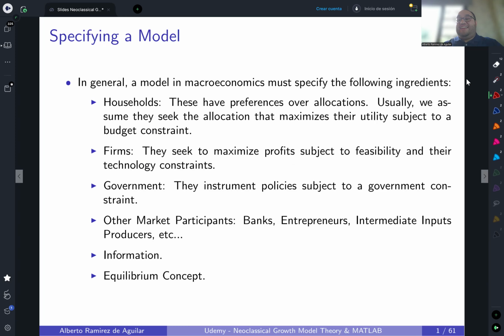And one last thing, and this is one of the key aspects that I will focus on in the lectures that follow, is what is the equilibrium concept that you're handling. I will delve into this a lot in the upcoming lectures. But the only thing I will say here is equilibrium basically means defining